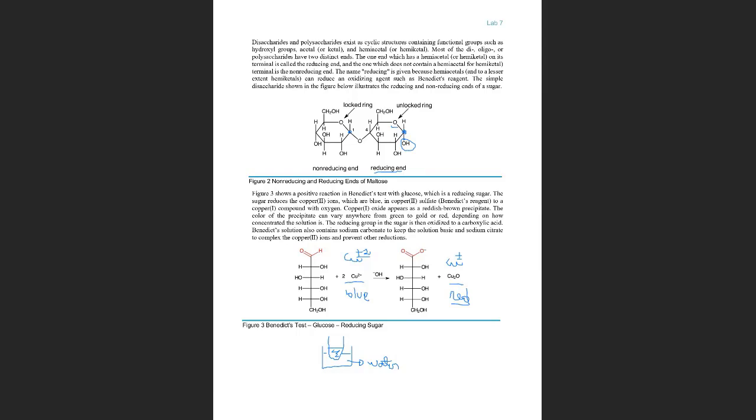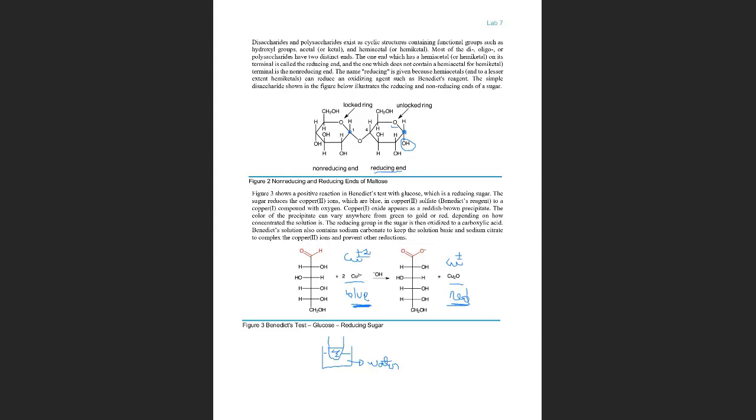This is the change in color. And if you have a negative reaction, you will see a clear and blue color of copper sulfate. So if you see the change from blue to red, then there is a reduction of the Benedict's